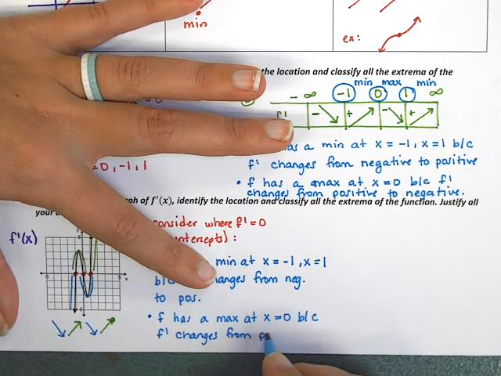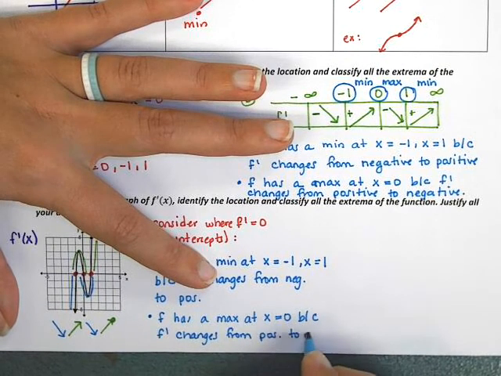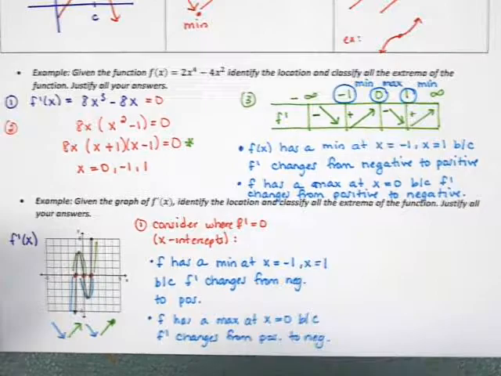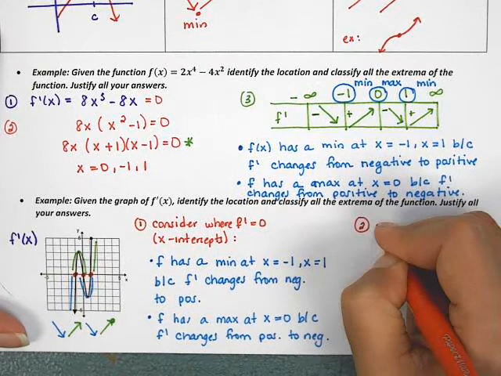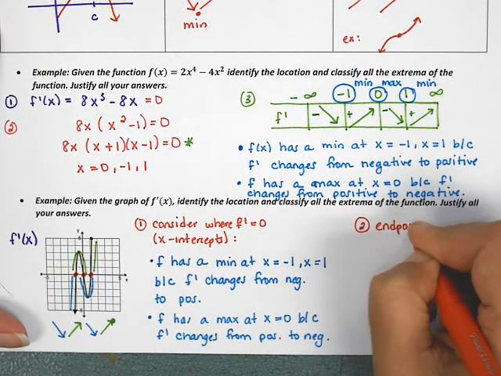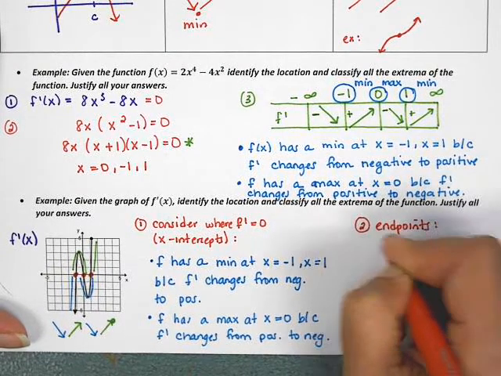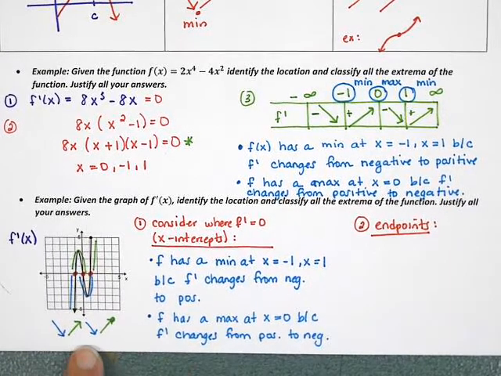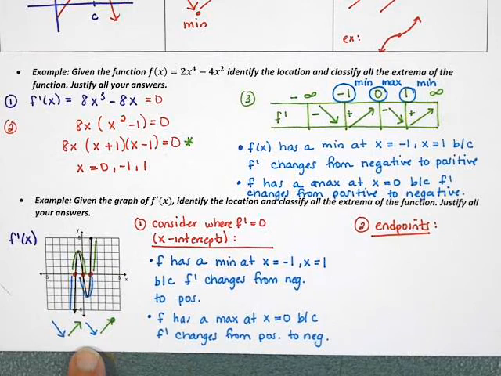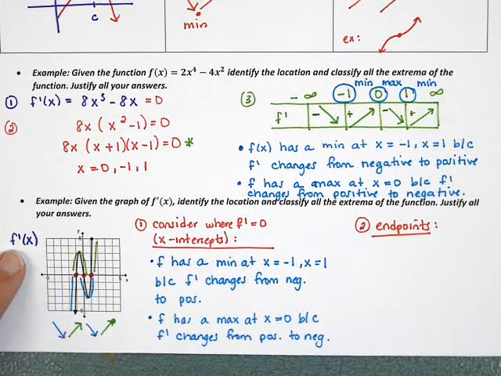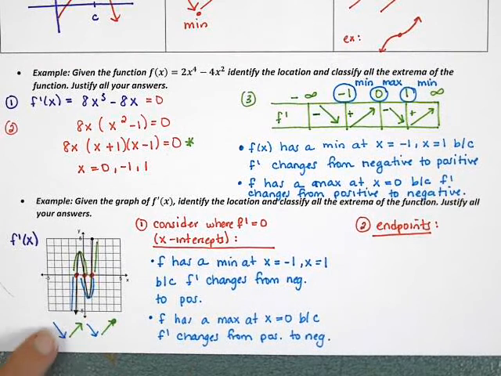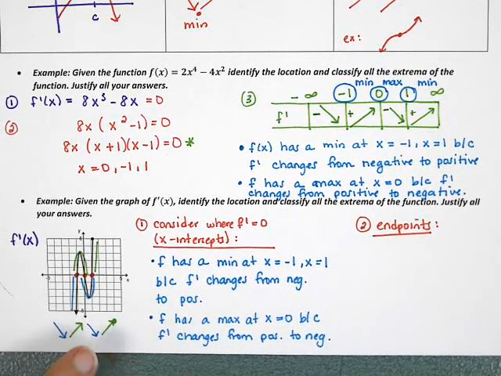from positive to negative. Now, in addition to considering the places where f prime equals 0, the second thing we need to consider are the endpoints. And this is another place where I think sketching a picture of what the original would look like helps. So this little graph down here would be the original based on this derivative. It doesn't really matter what the y values are, it just matters what shape it is. So it would go downhill, uphill, downhill, uphill.